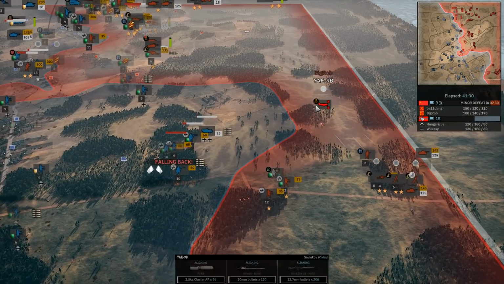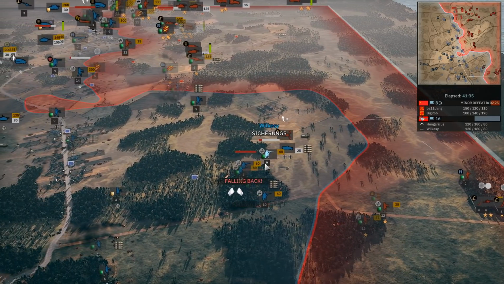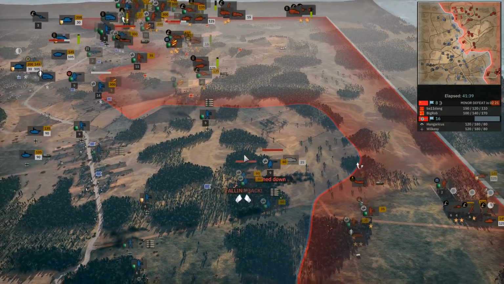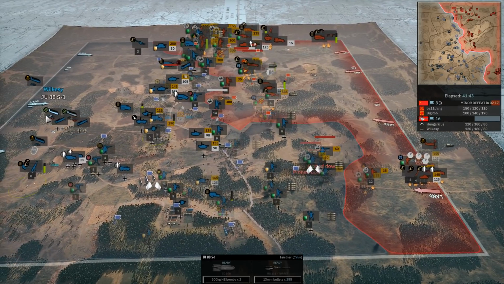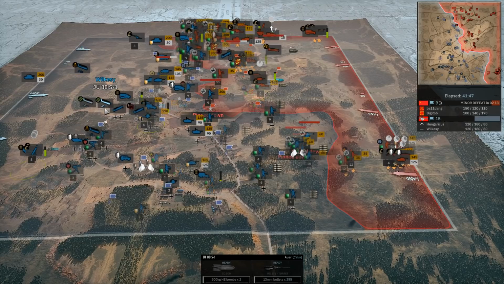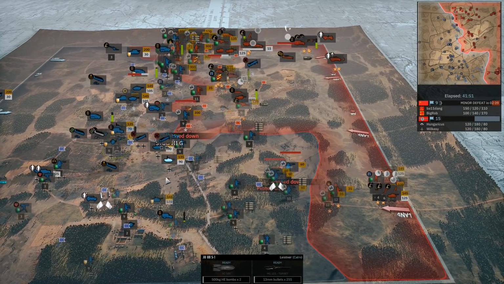Ju-87 goes down to the north of carpet bombing, plane no longer with us. And we have a bunch of HE bombers looking to hit the back lines. That's actually going to be rather terrifying. Huh. There's a Luftwaffe being brought out now. Well, he also had medium-sized bombs with the 500 kilograms, so...